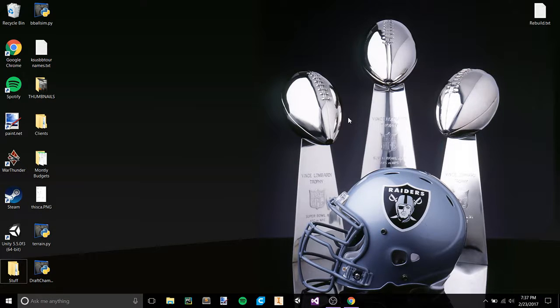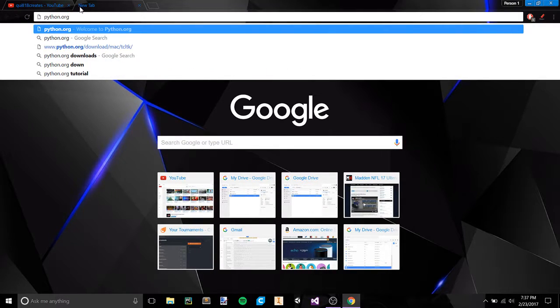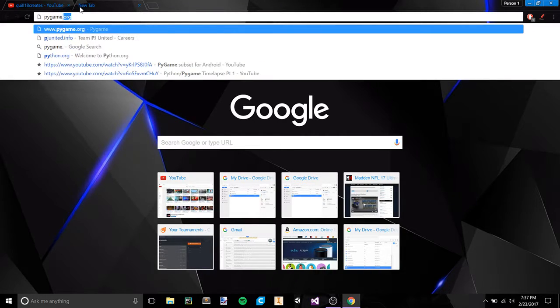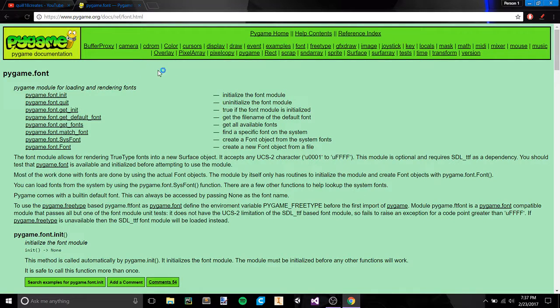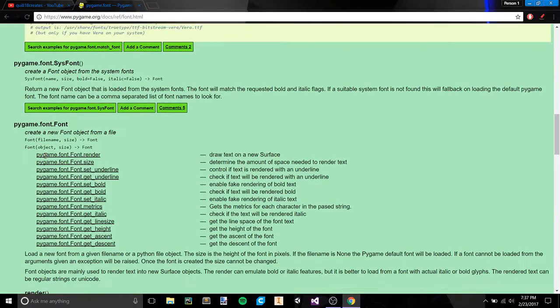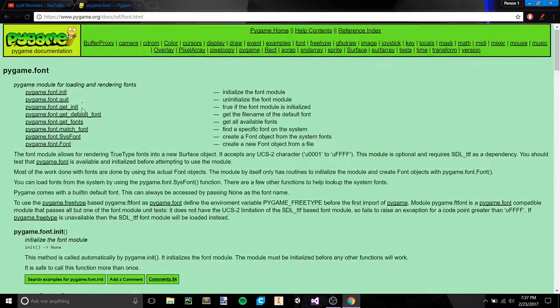Let me show you something really quick before I end this. Just go to Google and type in pygame.font, and this very first link will take you to the entire pygame.font webpage. This will show you everything you need to know about pygame.font, including all the individual font stuff. Now, if you want to use fonts, you can come here to pygame.font,